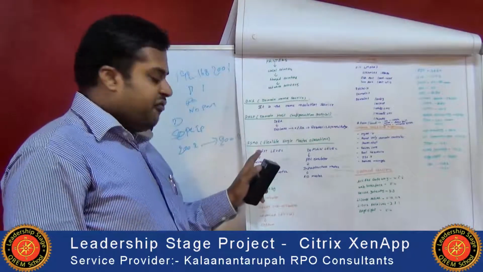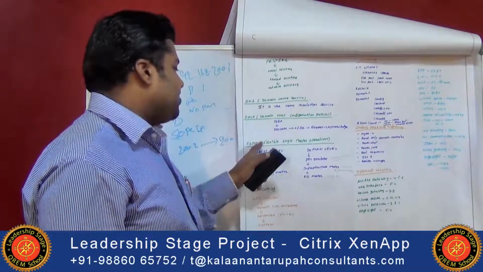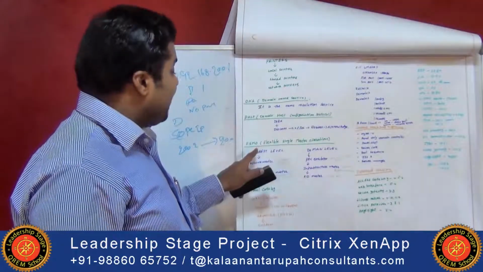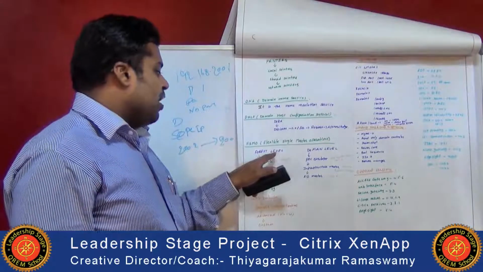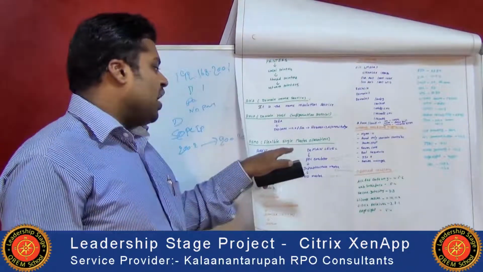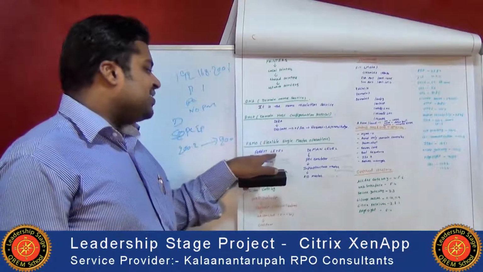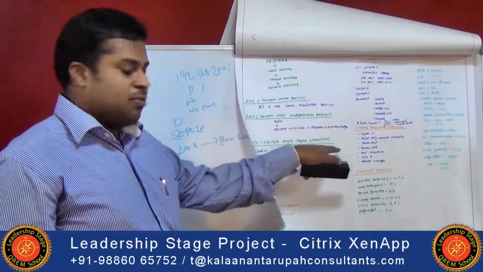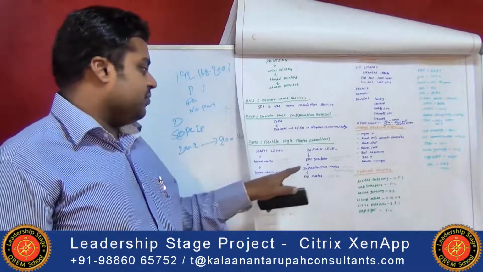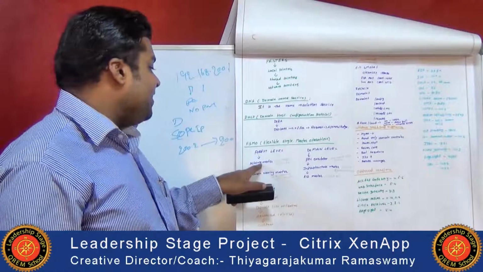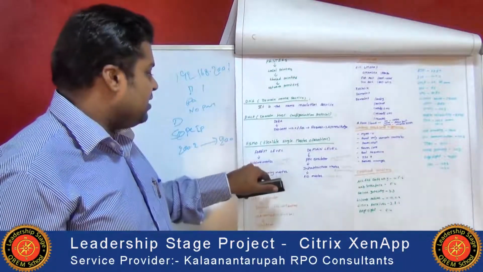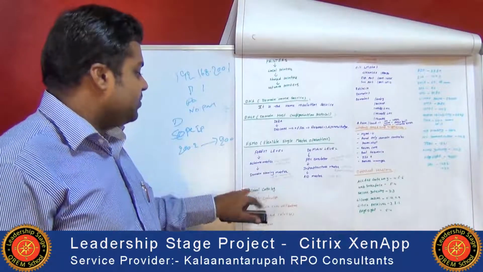In Windows we also have the FSMO roles, the flexible single master operation roles. By using these roles, we maintain all the user information in the Active Directory. In FSMO we have two levels: forest level and domain level. In the forest level, we have the schema master and the domain naming master. If you have to make any changes in the attributes, the schema master handles all these things.